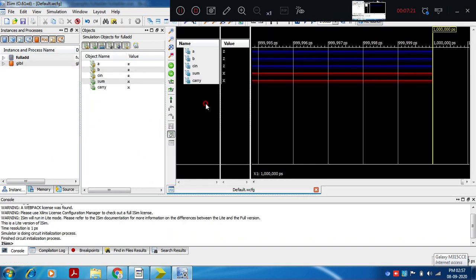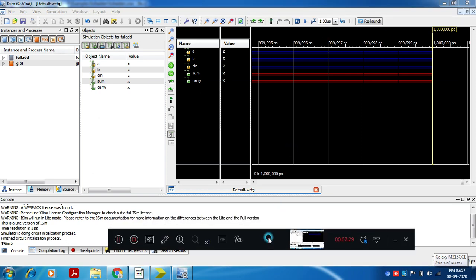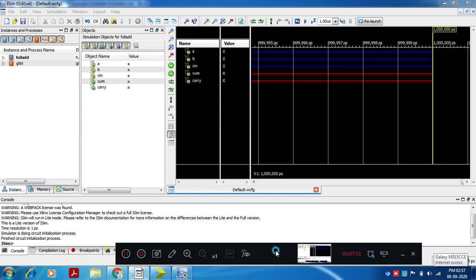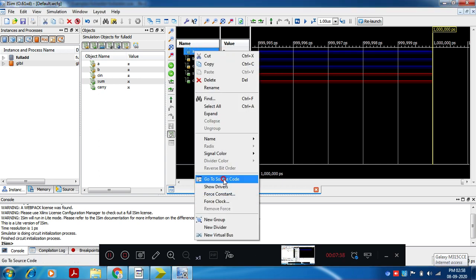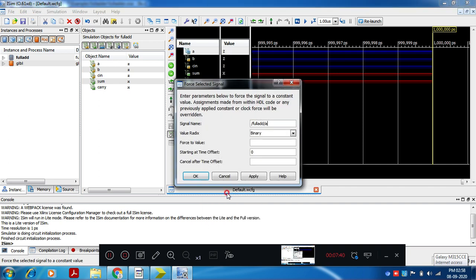Here we have got a waveform window. For inputs we need to assign values. Right click, force constant. For A I am assigning value say 1, cancel after 1000 microsecond.